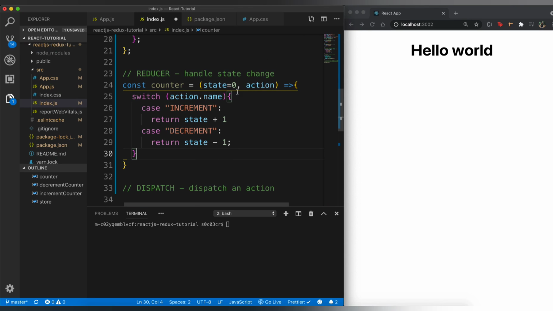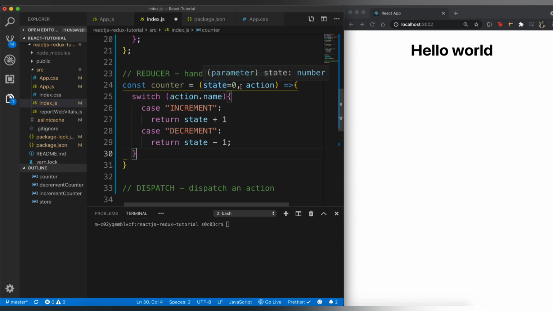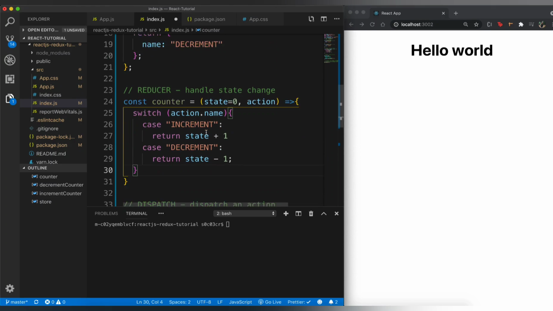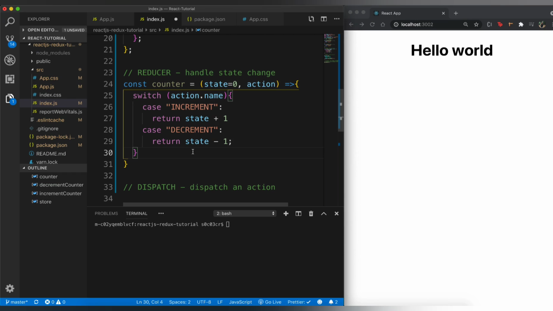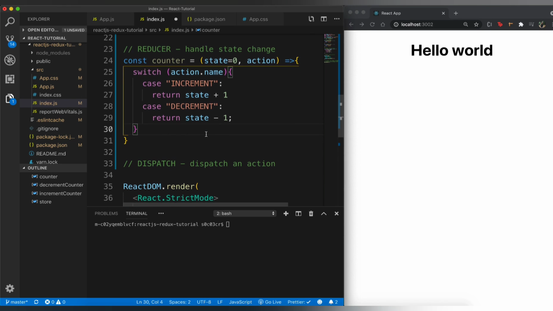It simply takes the action and it also decides what should be the initial state for your reducer. So counter reducer initial state is 0 and it switches between different actions. So it switches between increment and decrement, because these are the only two actions that I have defined as of now. It can switch between them and take action depending on what is the action that we want to perform. So it will actually perform. This is what is doing the state change. It is basically handling the state change, just like we can see over here.